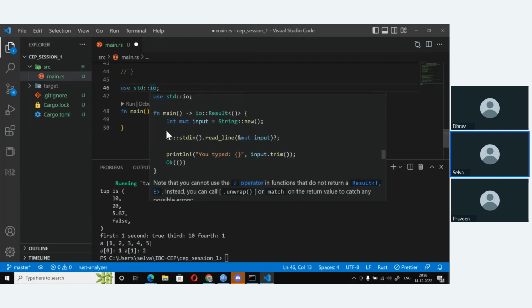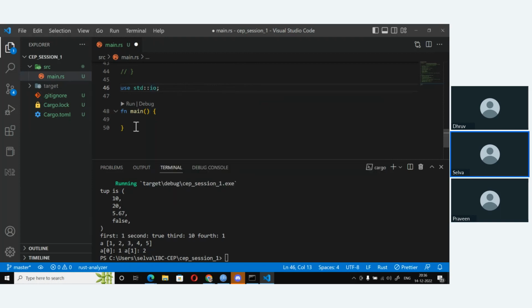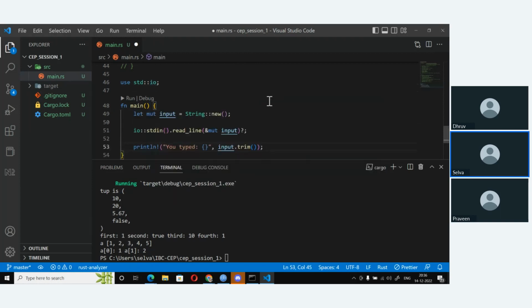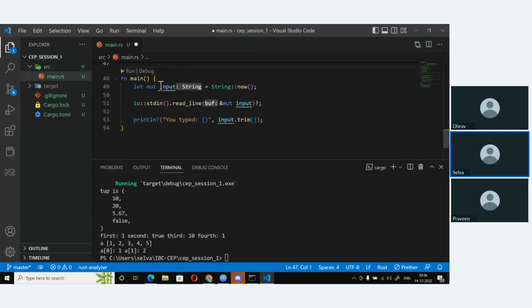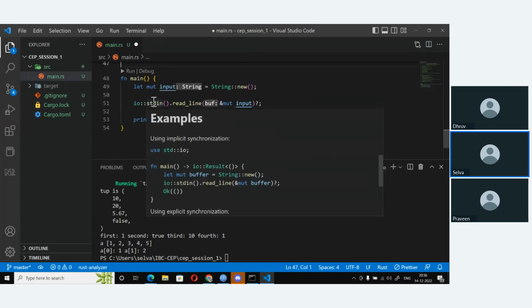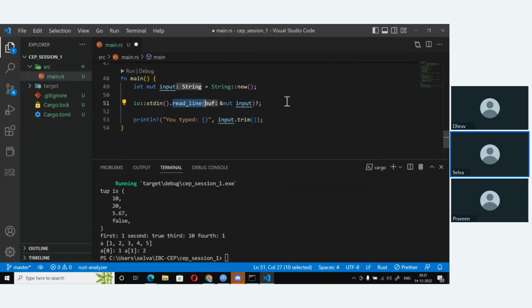Okay, so let's just take this piece of code. Right. So whatever input you do on io::stdin, basically you're trying to read from the standard input, you are going to read a line, and we are going to read it into this input variable, and this variable should be of the type String, and also it should be mutable.